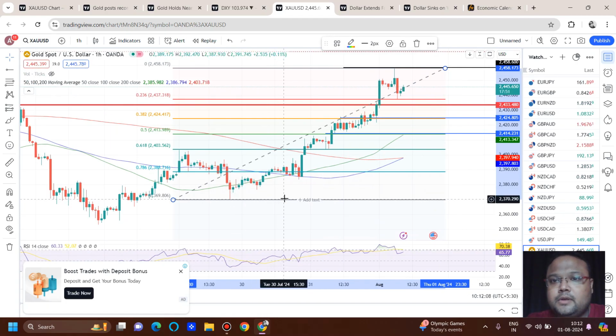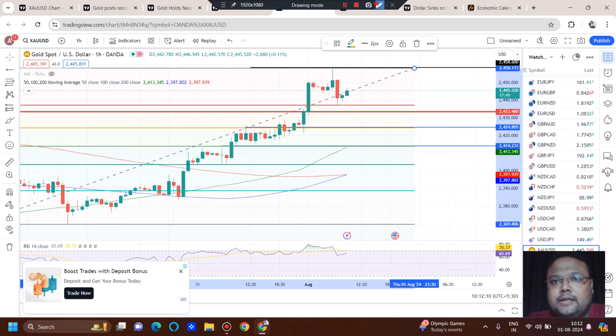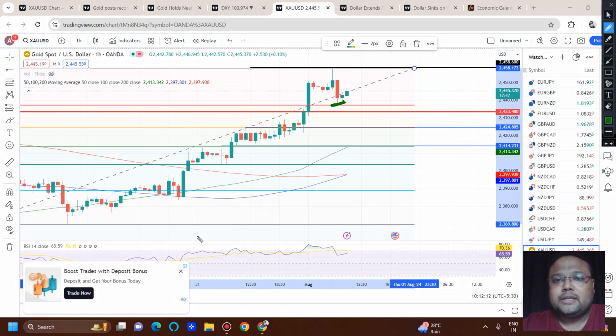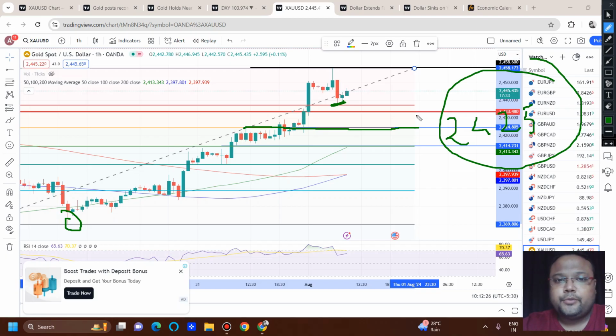Yeah, from here. See, we have already seen that the market has respected this level when we consider this low of the market. You can see this is our FIBO 38.2% retracement level. Which level? 2425. Our FIBO 38.2 plus the previous resistance will also work as support, and the market has already taken support around this area. So we can expect that if the market drops, 2425 will provide some support.